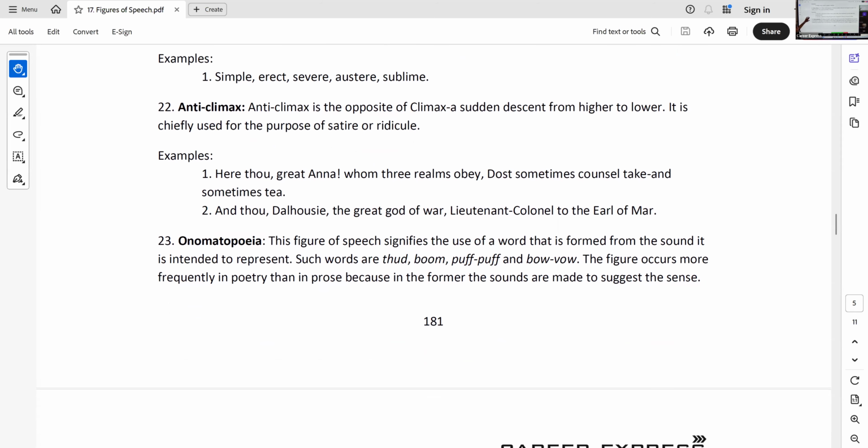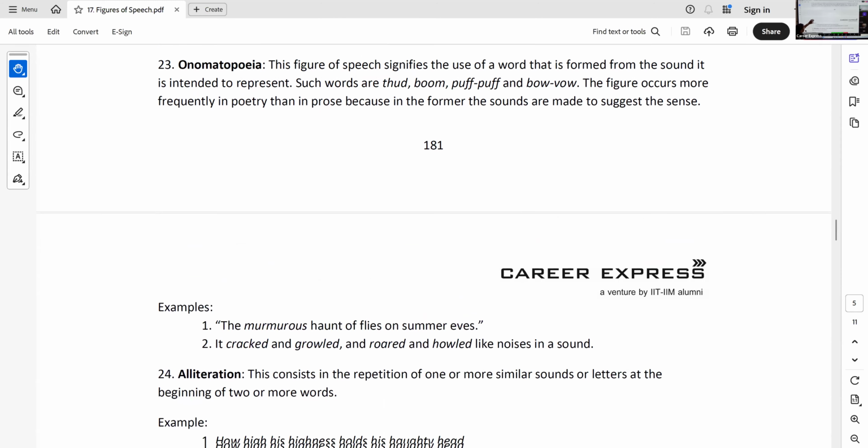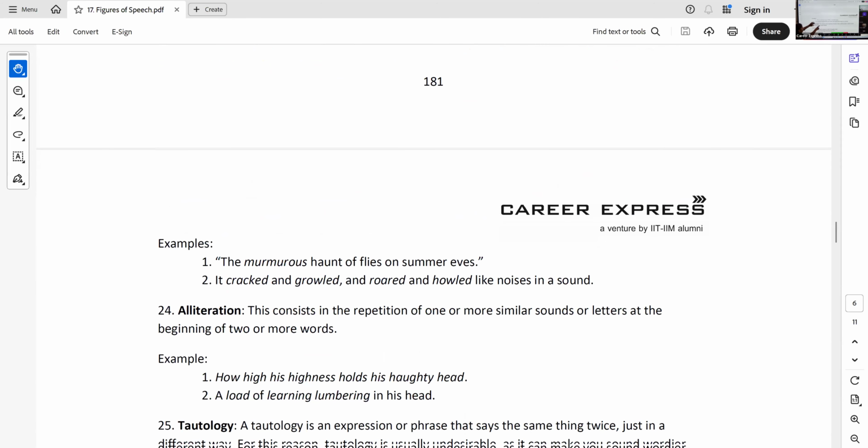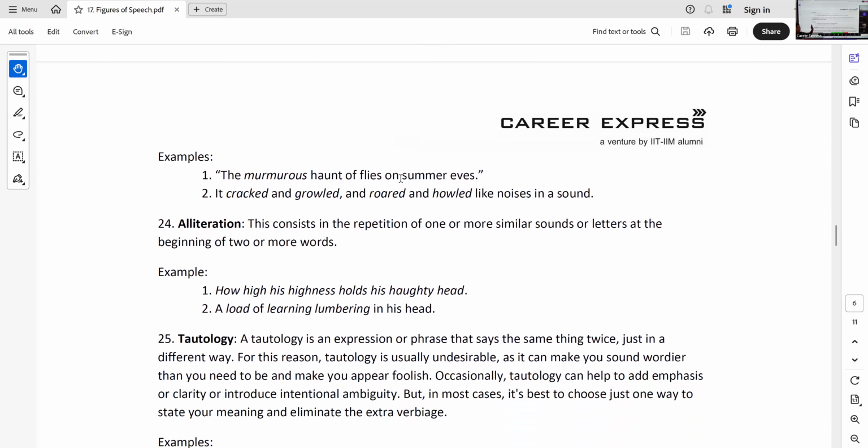Onomatopoeia. This I think everyone is familiar with. Sound words. And a boom, jingle bells, jingle all the way. What is that? Onomatopoeia. We've all heard of this, right? Because you heard the jingling of the bells. Cracked, growled, roared, howled. We zipped down the zip line. Onomatopoeia. And we hissed. He hissed his disapproval. Onomatopoeia.